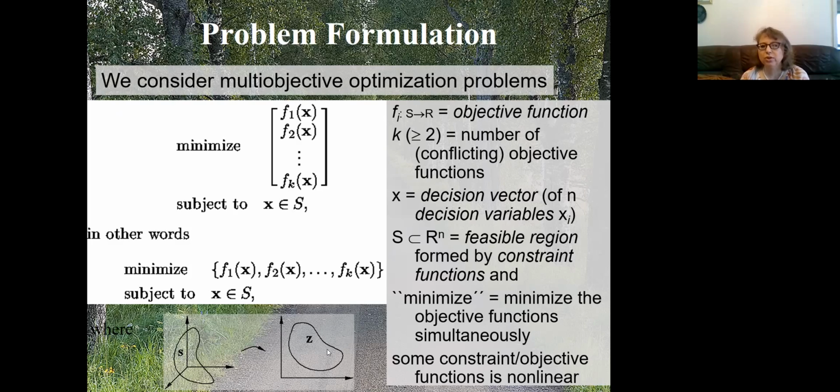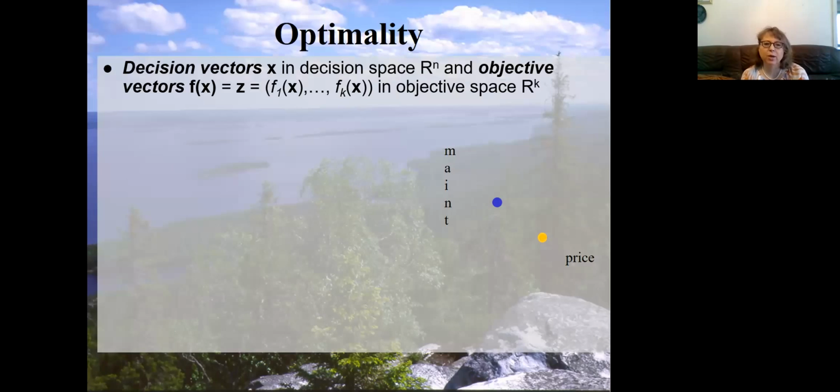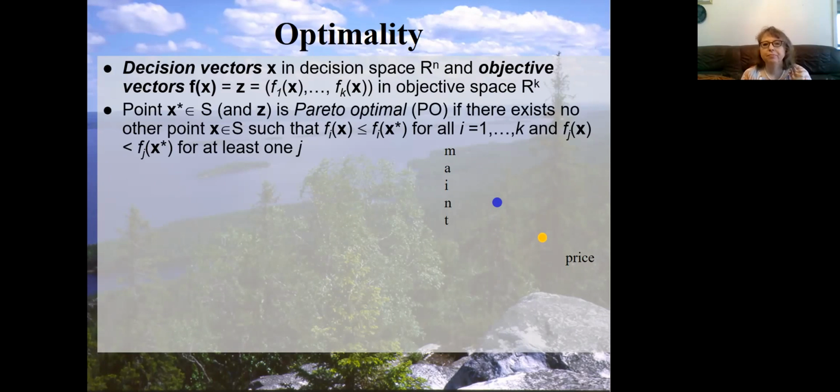Typically, we do not know this space explicitly. We only know it implicitly via the mapping of objective functions. But anyway, decision space and objective space are both important. And the concept of optimality, as I already mentioned, when we have multiple objectives to be optimized, we have different trade-offs. So the concept of Pareto optimality, or non-dominance, or efficiency, or non-inferiority, there are many names